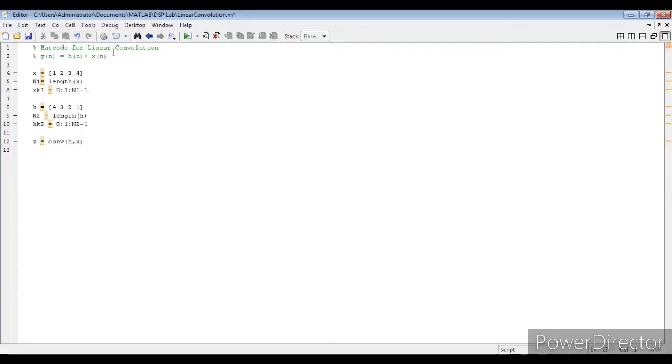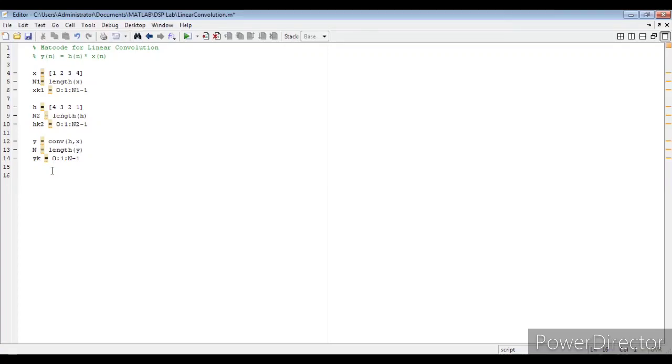Now let us find the length of y also. For representing that, I am considering capital N is equal to length of y. Now let us find the index value. K is equal to, as we have written, k is equal to 0 colon increment of 1 colon N minus 1. If you observe this, we have written for the respective positions, as in the theoretical class I had written in a random fashion. Now for these three signals, we have got the values.